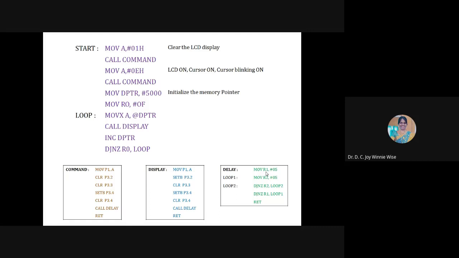So 10 or 15 instructions can be there, and that will be executed for some milliseconds. When you are executing the delay instructions, the values in the main program or any other program must not be changed. According to that, you have to select the instructions in the delay program.